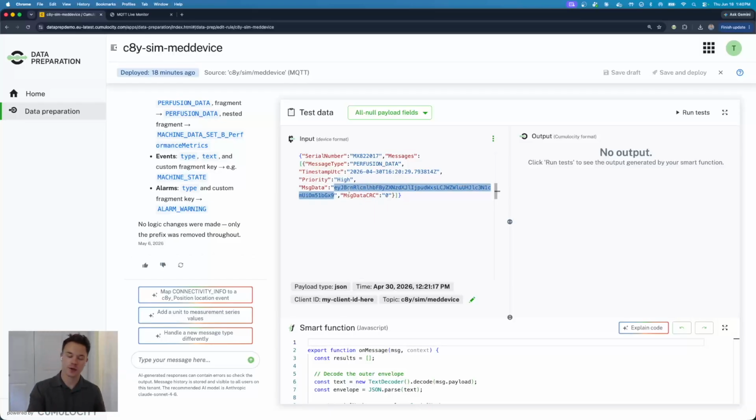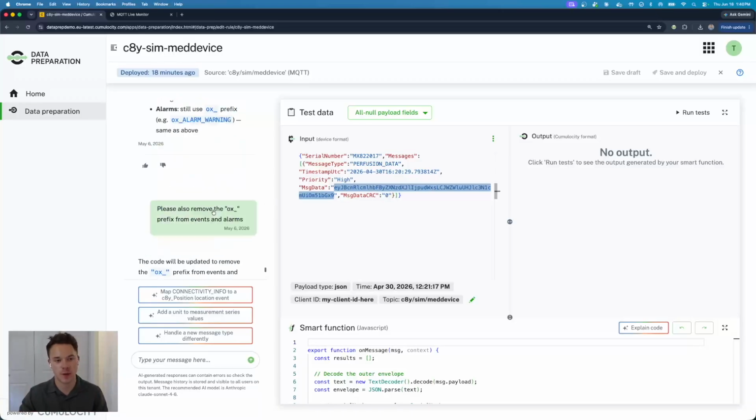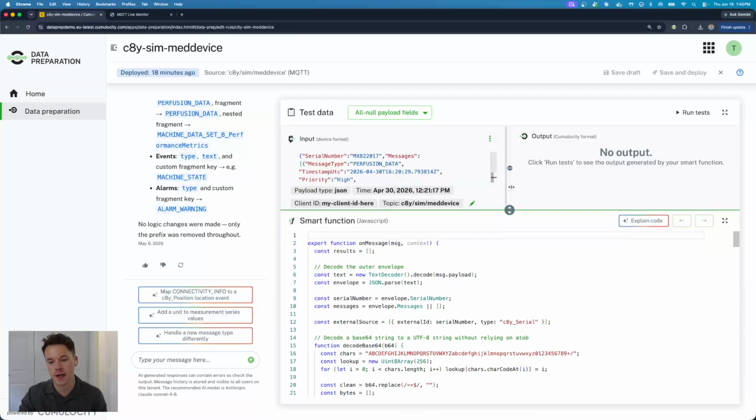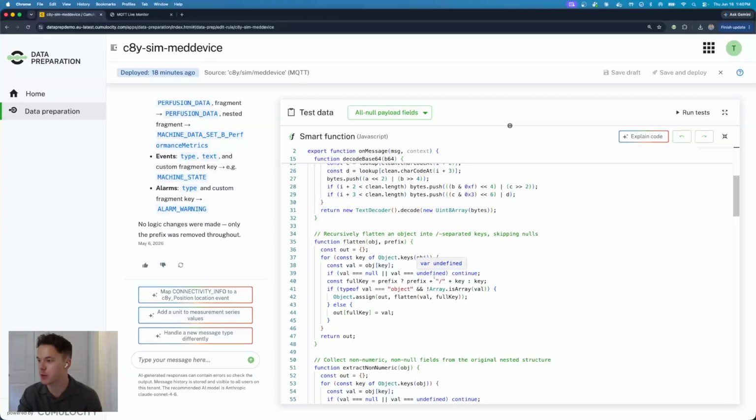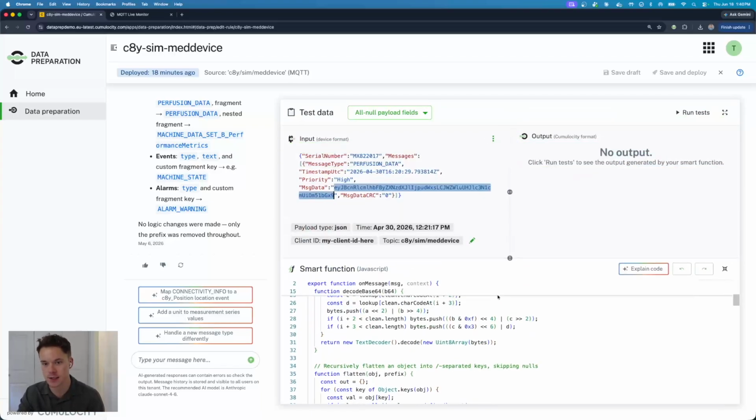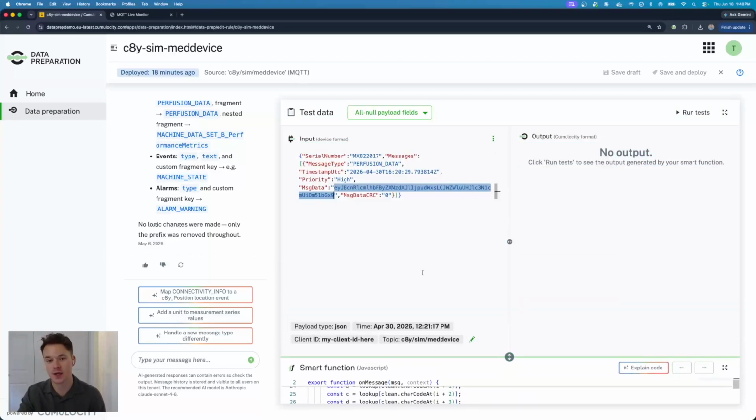So what I've done for this specific example is I've uploaded or copy pasted in the device specification. So it tells us how we need to decode this message. I've given that information to the AI here, and it's written a system that will decode all of those values into actual actionable telemetry data in Cumulocity. So again, this is running, but you can see this payload is not numbers, it's not the different telemetry data that we would expect. It is fully encoded data that we need to decode and process to be put in Cumulocity, and it works